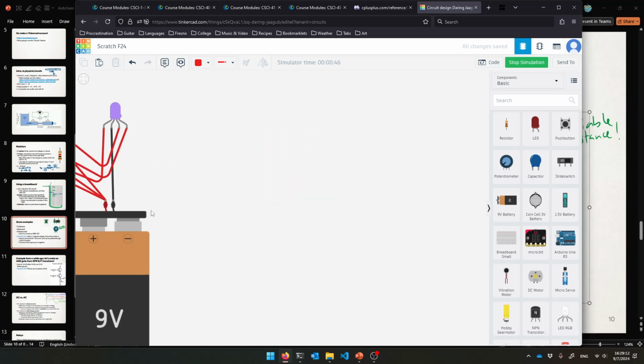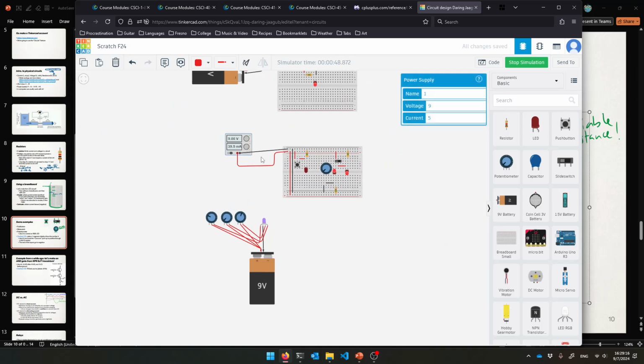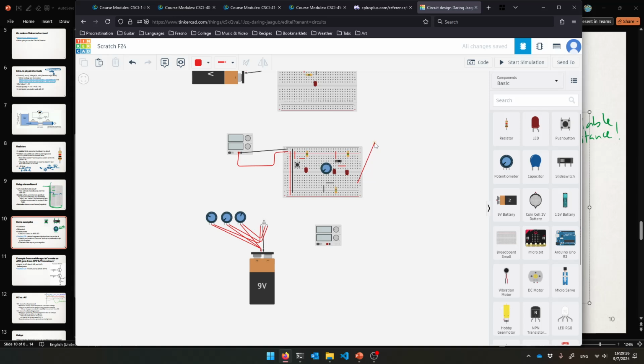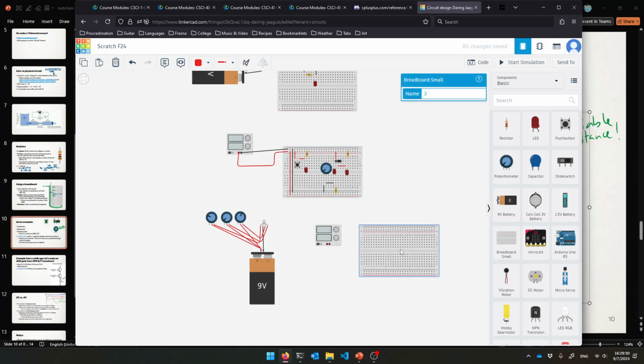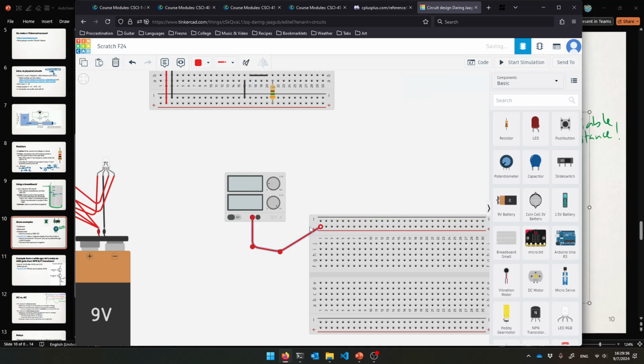So here, where's my power supply? Steal that. It's going to be a 5-volt power supply though. Oh, sorry, I've got to stop the simulation first. Power supply, I'll make it up to 5 volts only, and I'll have a breadboard. Oops, have a breadboard, please. Just like that, and we'll hook it up, of course, in the normal way. So positive to positive, negative to negative, and then